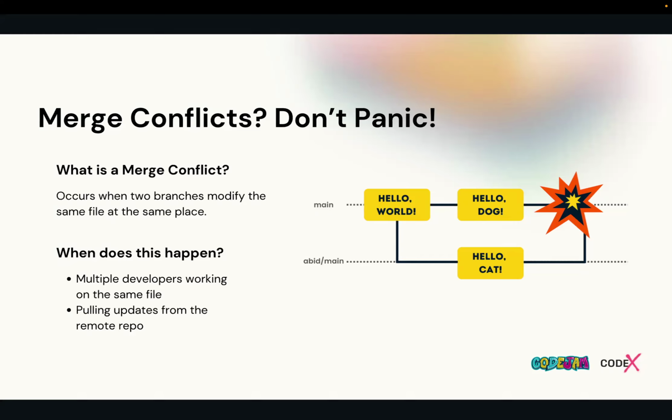What should I do now? Git will ask that question from your side. So you have to figure out what the conflict is and what the correct one to include is, change it manually, and resolve the merge conflict. We will make a merge conflict later on and try to solve it.